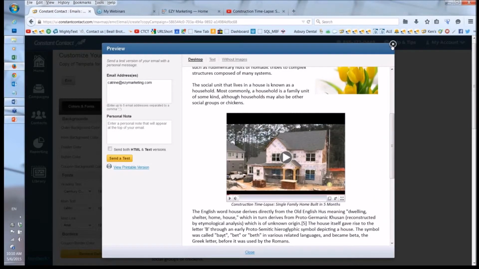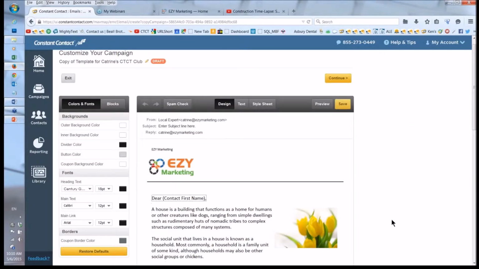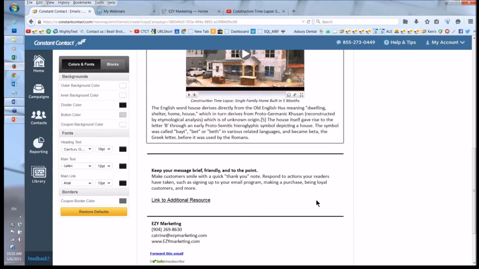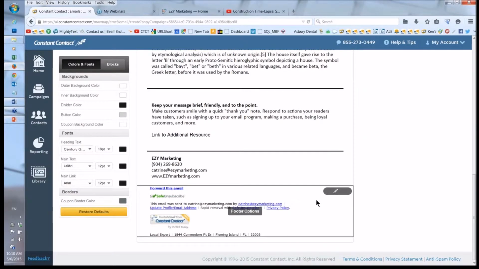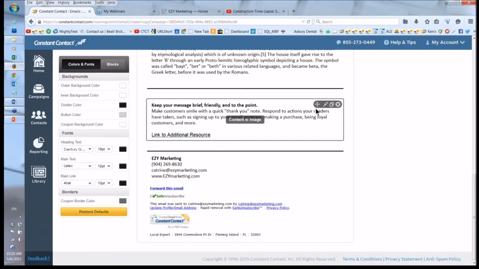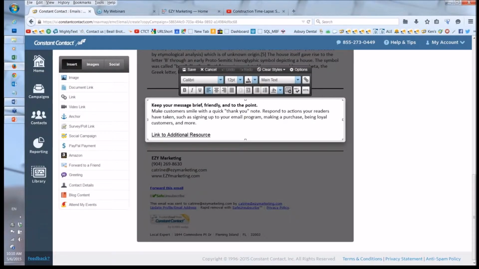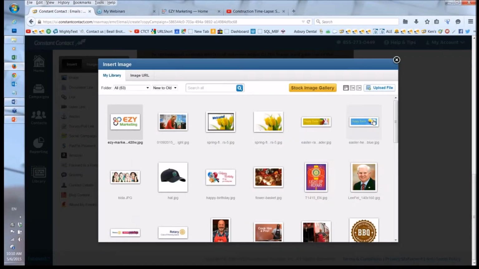Okay, so this was kind of easy because these images we already had in our library. But what if you have an image that you have never used before and you have on your hard drive? We will go in, place the cursor where you want the image to show up, and click on plus to import the image, but it's not here anywhere, so we need to upload the file. So we click on upload file,